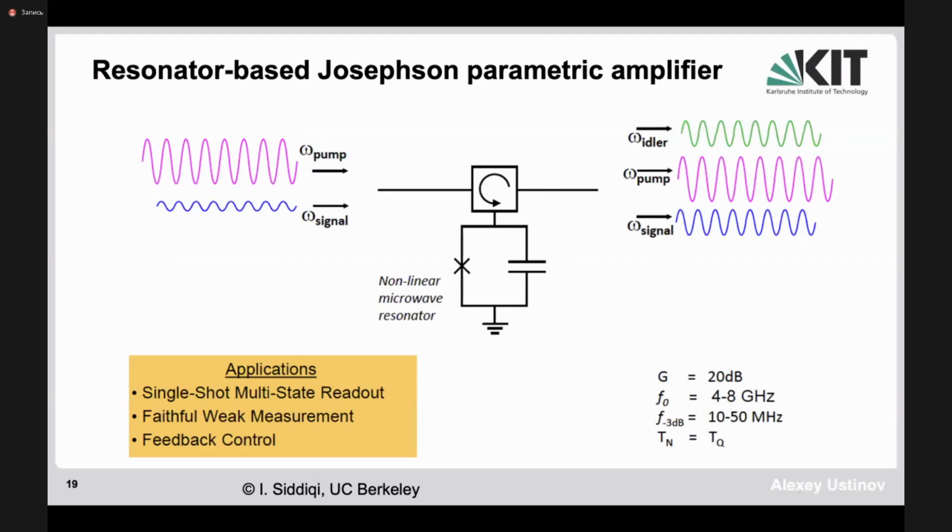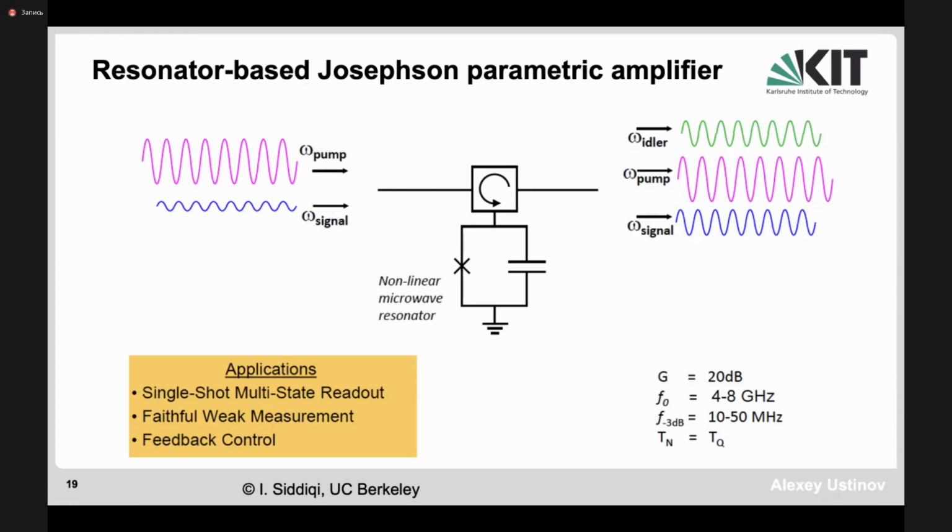Okay, let's continue talking about parametric amplifiers. The way a parametric amplifier works is actually very simple. Suppose you have a nonlinear microwave resonator, which can simply be a transmon qubit, can be anything. Typically, you would have some inductance formed by a Josephson junction and some capacitance, which is in parallel. And then once you have the input signal, which you apply here, this is a small signal which you apply